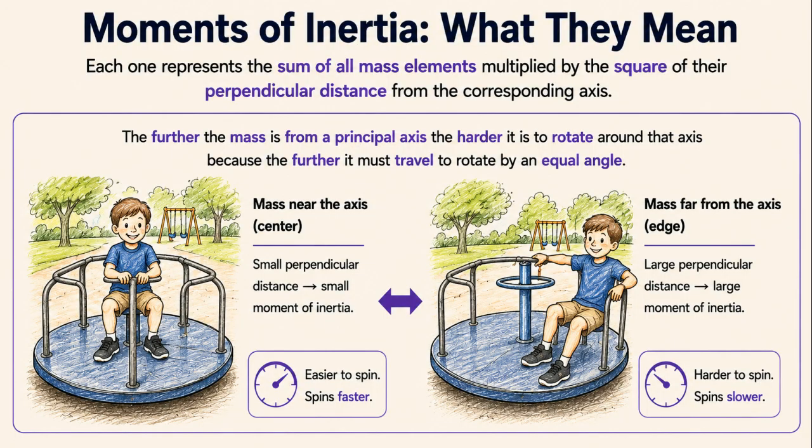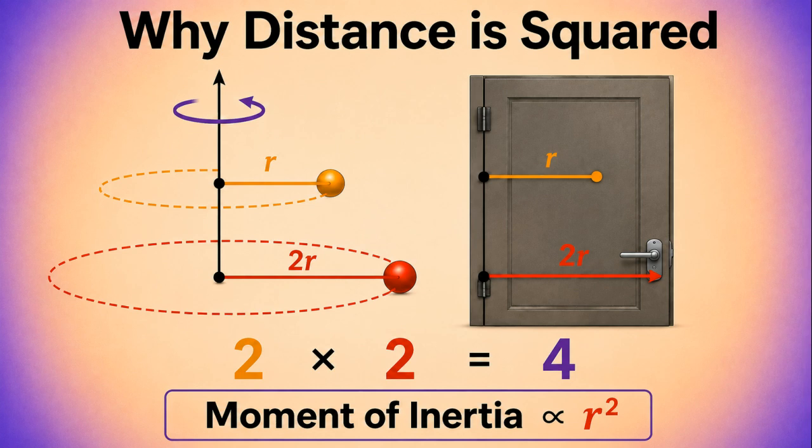The further the mass is from a principal axis, the harder it is to rotate around that axis, because the further it must travel to rotate by an equal angle. The reason why the moments of inertia are proportional to the square of the distance is because the distance leads to two simultaneous amplifications. Firstly, an element that is 6 units away from the axis of rotation compared to another